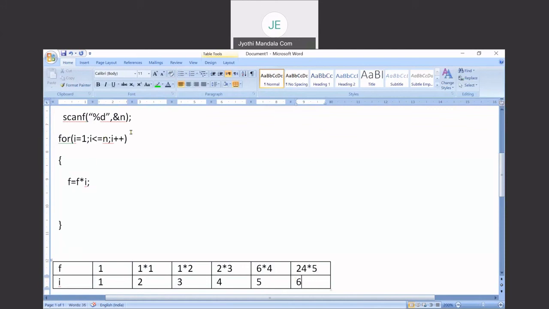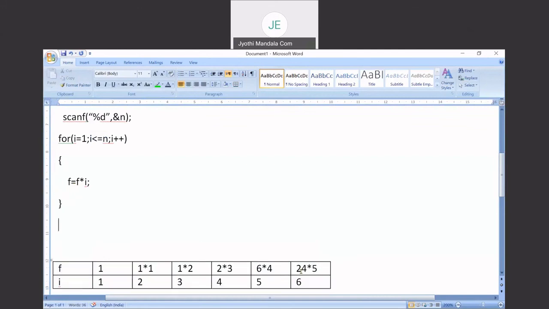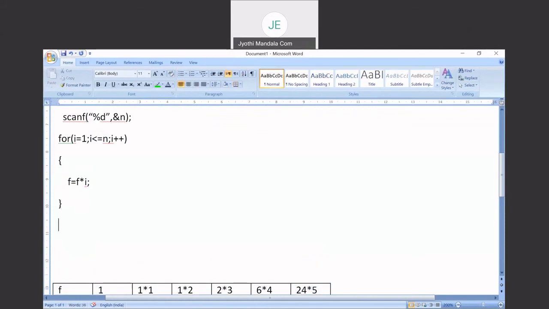And in this case, what happened? The condition is not satisfied. So you will not enter into this loop. You will be coming out of this loop. Now, once you come out of this loop, what do we need to do? You need to display your factorial value. Where do you have your factorial value? That is 24 multiplied by 5, which is equal to 120, that is stored in f. So simply you display that value. What do you need to write?